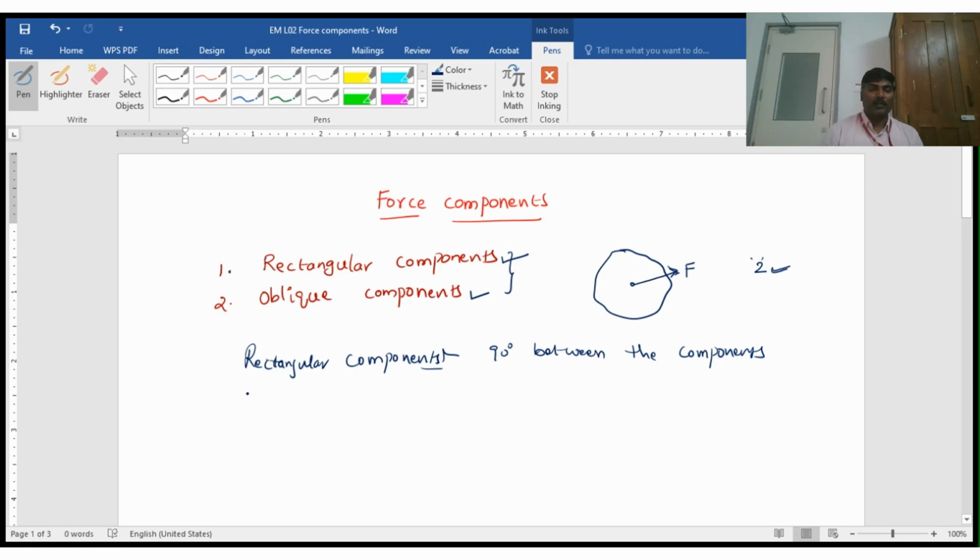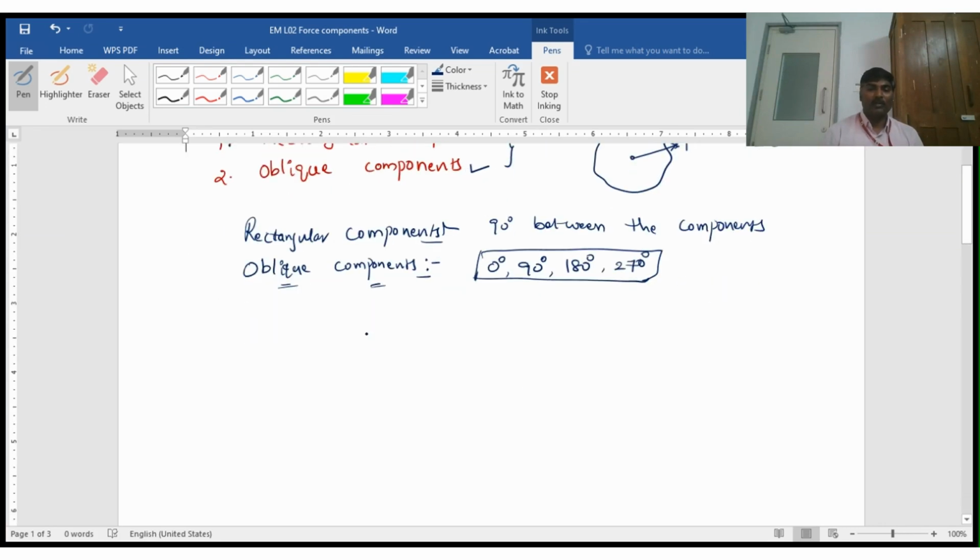If the angle between the components is not 90 degrees, any other angle, meaning not 0, 90, 180, 270, if the two components make angles other than these, we call them oblique components. For example,